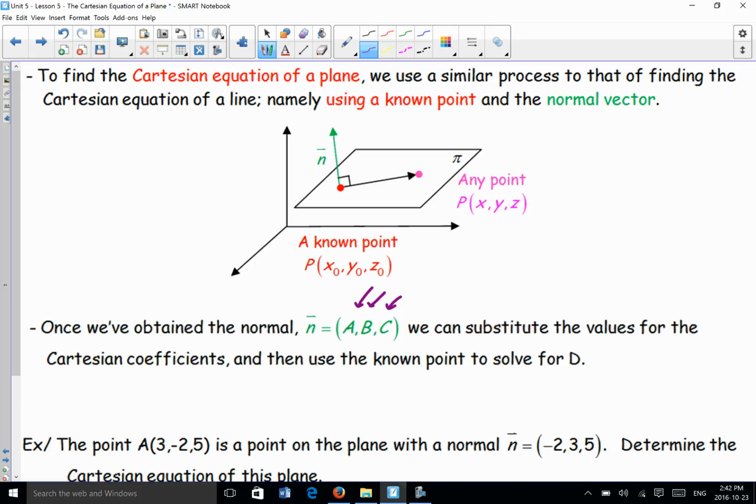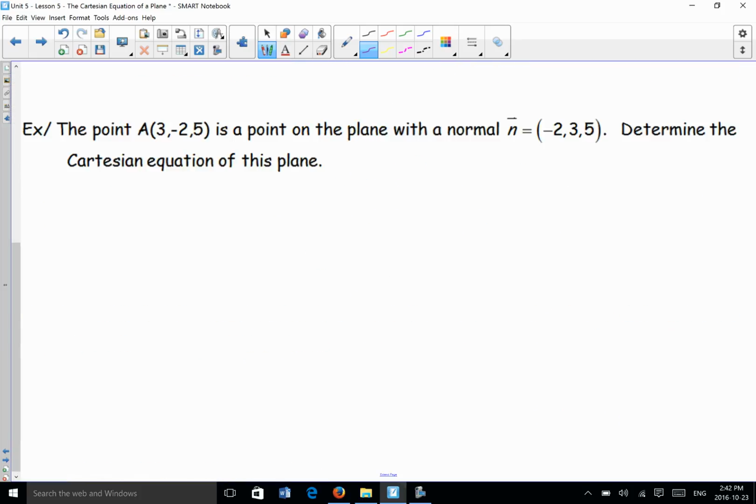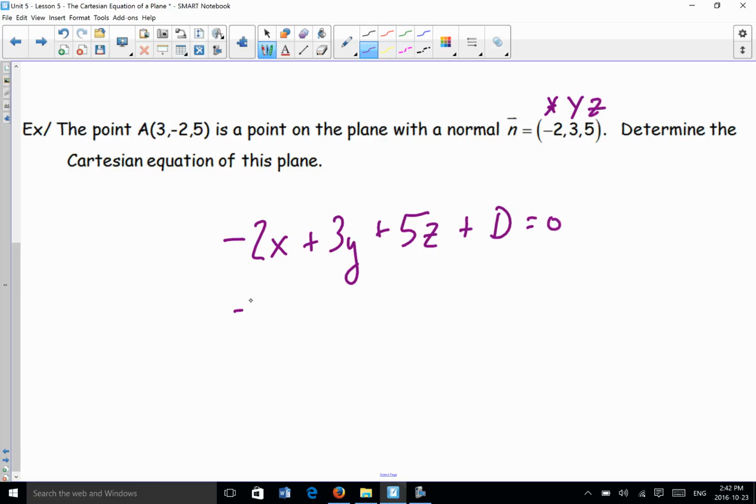Basically the same ideas. Just to remind ourselves how it works, if I've got a point 3, negative 2, 5, and that's on the plane with a normal of negative 2, 3, 5, determine the Cartesian equation. So the Cartesian idea is your x coefficient comes from your normal, your y coefficient comes from the normal, and your z coefficient comes from the normal, and all we need to do is solve for d. We can do that using any point that we know. So we're given a point of 3,